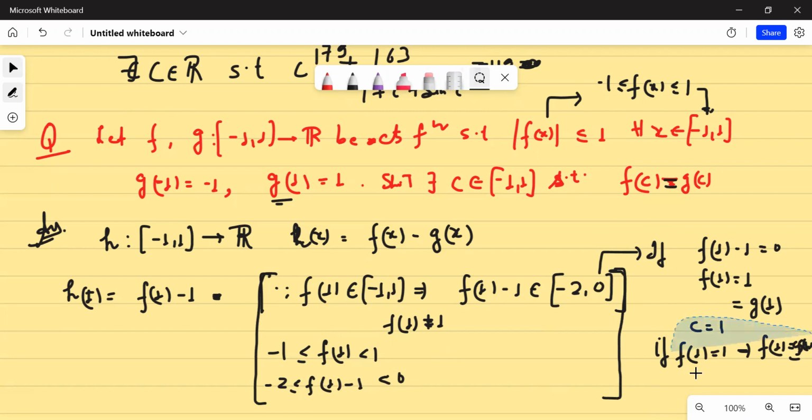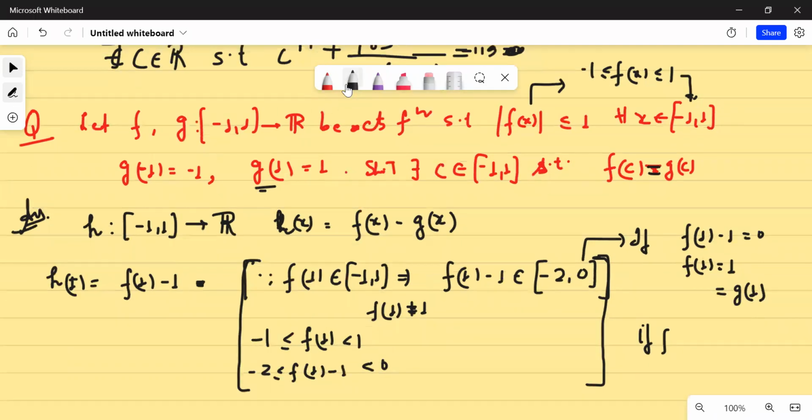ये केस तो सेम केस हो गया जो मैंने बताया था, नथिंग टू प्रूव वाला केस, हाँ है ना? क्योंकि ये तो बहुत ही ऑब्वियस सी बात है ना कि अगर f(1) - 1 को जीरो ले लोगे तो f(1) ही 1 के बराबर आ जाएगा, then f(1) equal to 1, that implies f(c) is equal to g(c) with c equal to 1. तो ये तो प्रूव ऐसे ही हो गया, मतलब सीधे रास्ते ही हो गया। बट अगर f(1) 1 के बराबर नहीं है,